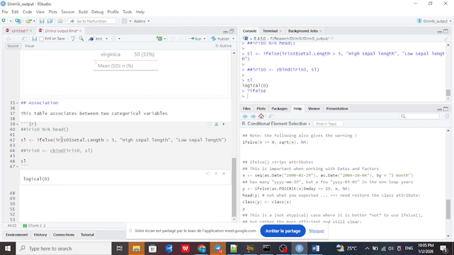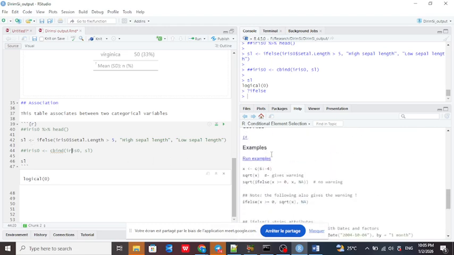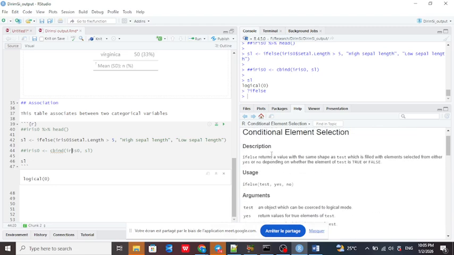But if there's no dollar sign, no? No, there's a dollar sign. It tells that S is a logical. It returns the value of the same shape as S, which is